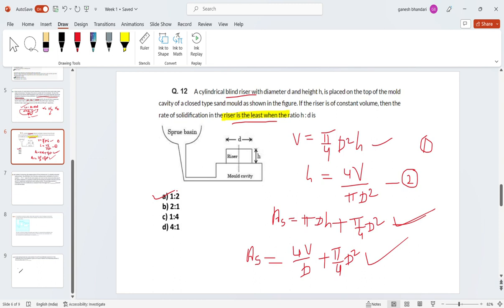So when it solidifies at the last, firstly your molten melt will solidify, then the riser will solidify. Just imagine, suppose T is the solidification time of a mold, T1 is the solidification time of a melt, and T2 is the solidification time of your riser. So T2 should be greater than T1, greater than or equal. Majorly it should be more than T1, but for the sake of finding the quantitative value, we write it as greater than or equal to.